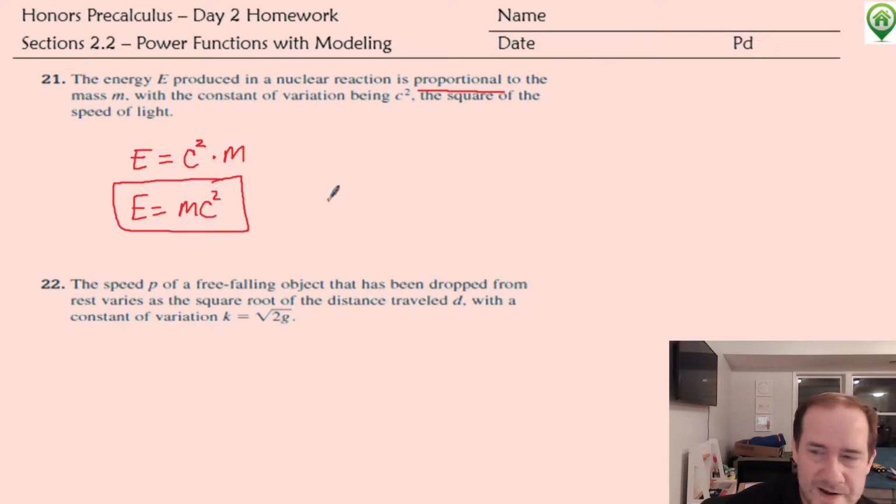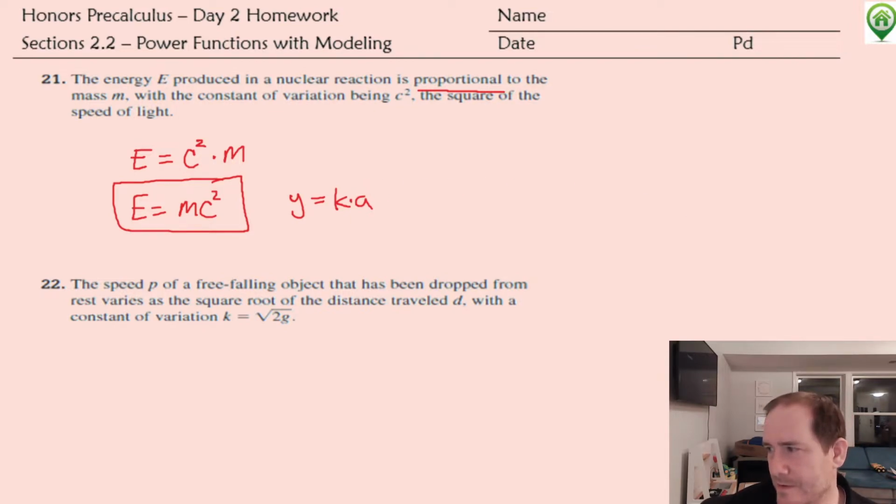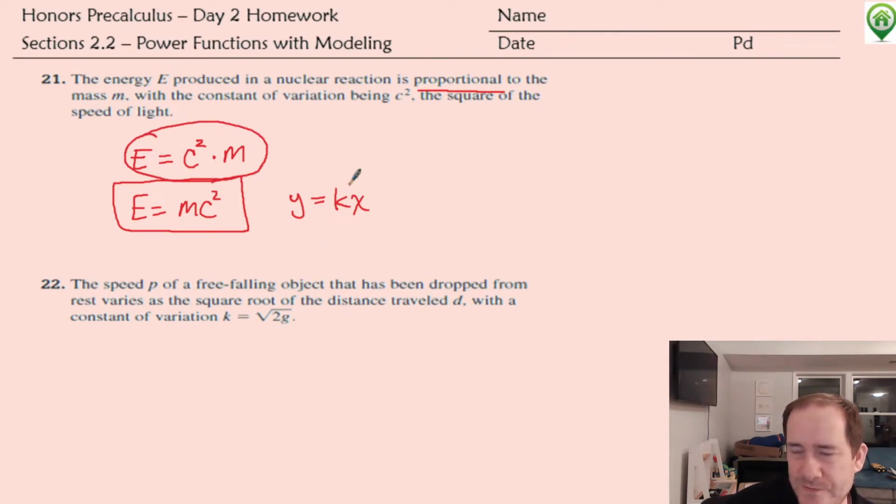But I don't want anybody to get confused because we are memorizing our rule as what? Y equals k times x. So if you write it in the form of E equals mc squared, just don't trick yourself into thinking that m is the constant and c is the variable. This might be the better way to write it, just because it better matches our form, that the constant of variation is c squared and the actual variable is x. Okay,